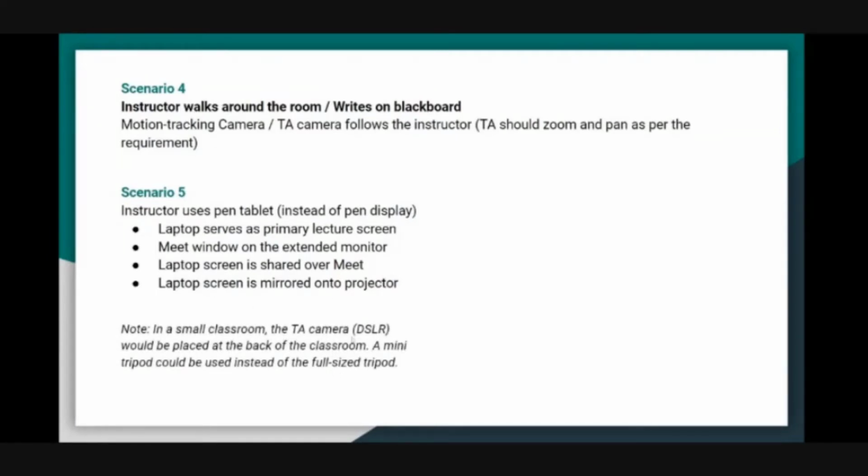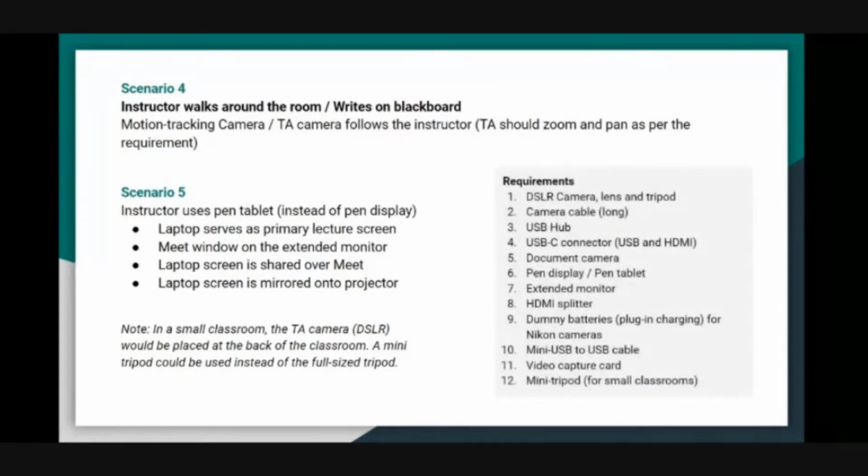And in a small classroom, the camera can be placed at the end of the class. And you don't need a big tripod also. You can use a mini tripod. Here are some of the requirements. So we are still working out these requirements, and the scenarios of connection and mirroring and all these things, this will be known to the LHP staff, so you don't have to worry about it. But we are showing this here just so that you have some idea of how the switching would work, what will be mirrored where, right? What are some options which would be available to you?